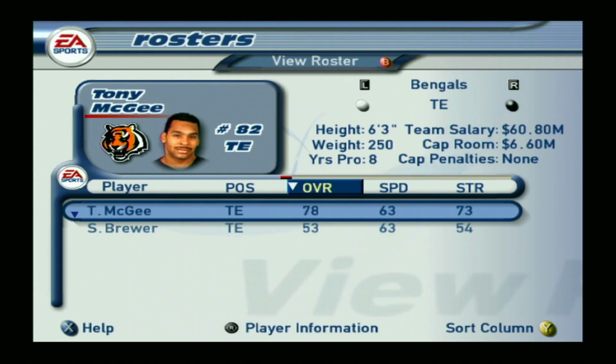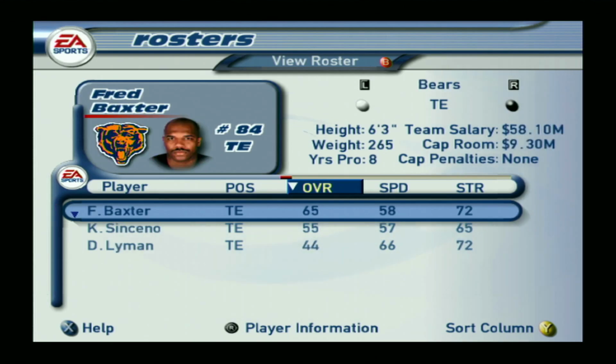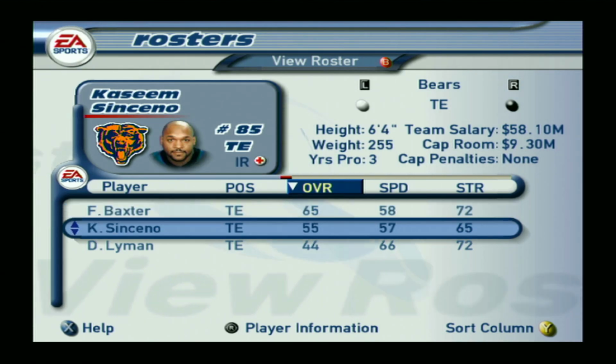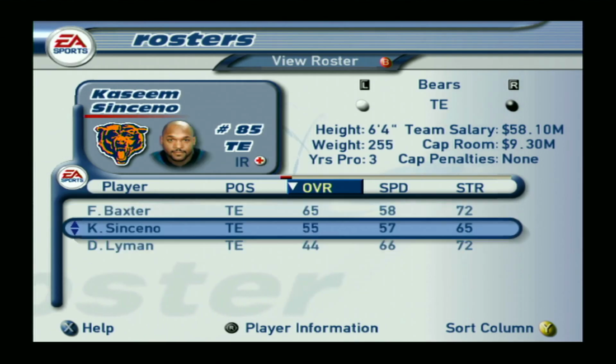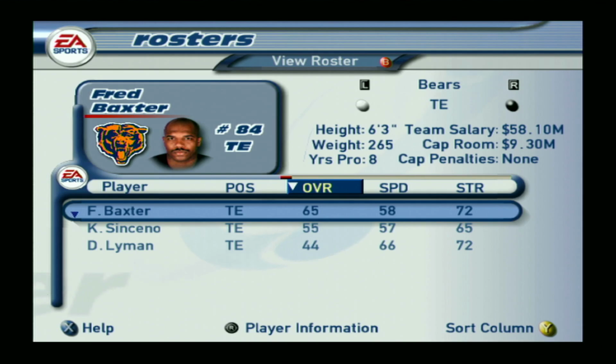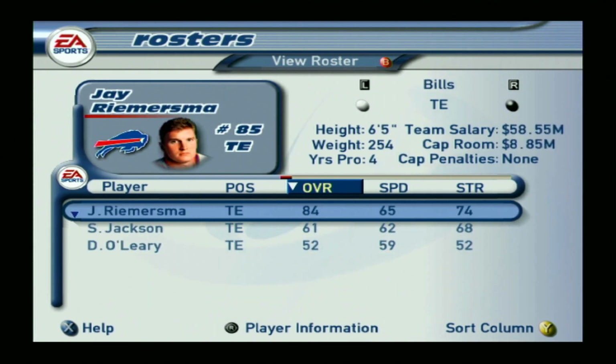I guess one of the things with tight ends that I could say right now is there's not a lot of great tight end talent in the league, and I tried to give love where I could. Again, constantly looking at good tight ends in Madden 03, Madden 04, Madden 05 range, and asking who are the better tight ends? Who are these respectable tight ends? What are they rated? I compare that to Madden 2002 and see who needed some boosts. And so it's like Bears, whatever,